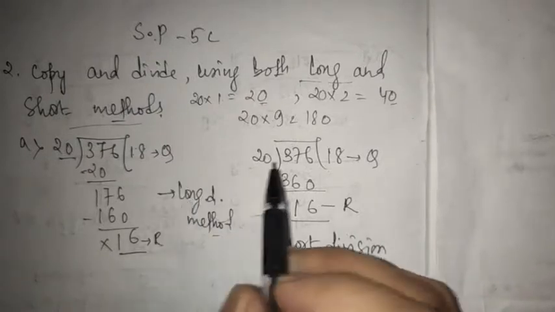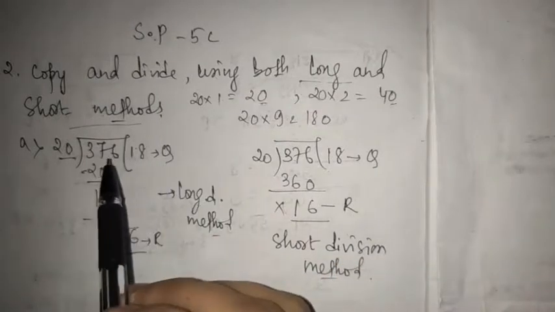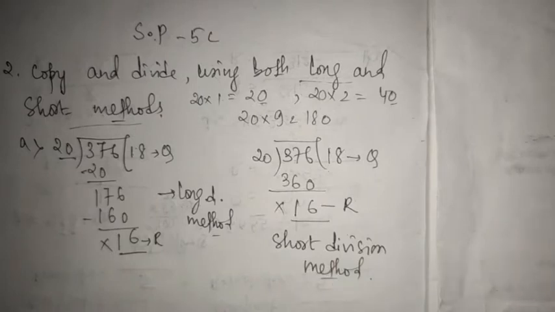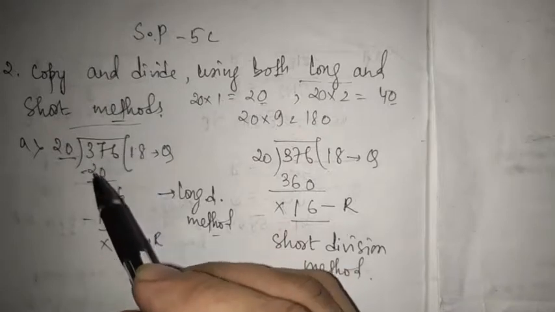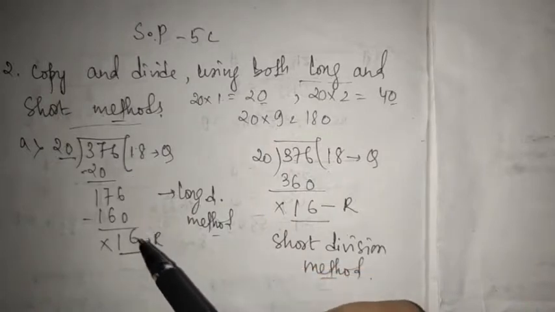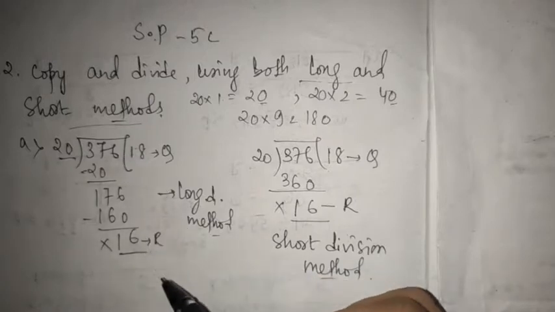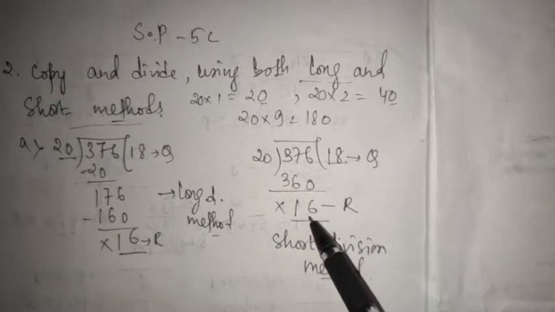So just see, in one step you got the answer if you know the multiplication of bigger numbers, but you have not learned such big numbers. So the short division method is very difficult for some of the students, but if you are comfortable with the long division method, then you can do it in this way, one by one, step by step. It will be a little bit lengthy. That's why we are considering it a long division method. This division method is short because in one step only you got the answer and the remainder. So this will be your short division method. Okay.